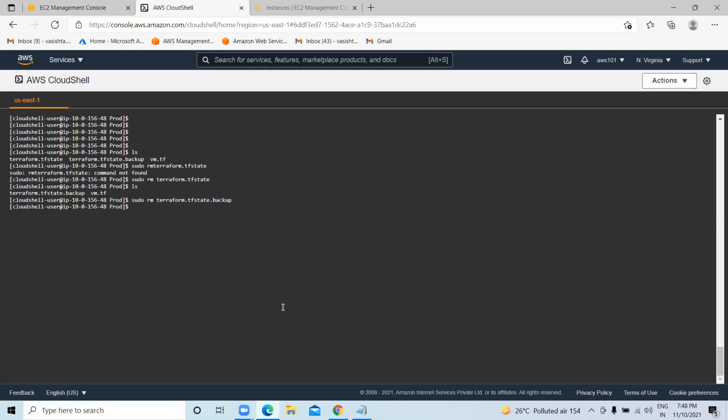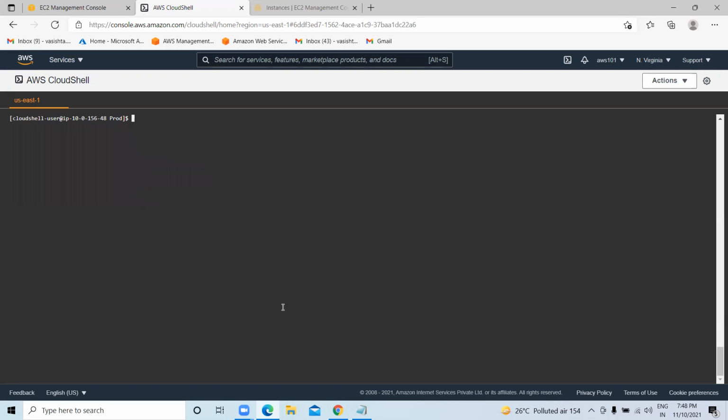Once you run the Terraform script, it generates two state files. One is the tfstate, another one is the backup state. ls, and now remove this file also, sudo rm vm.tf. Clear. Now create a new file. So yes, there are no files now. I just want to create a configuration file, sudo vi vm.tf,